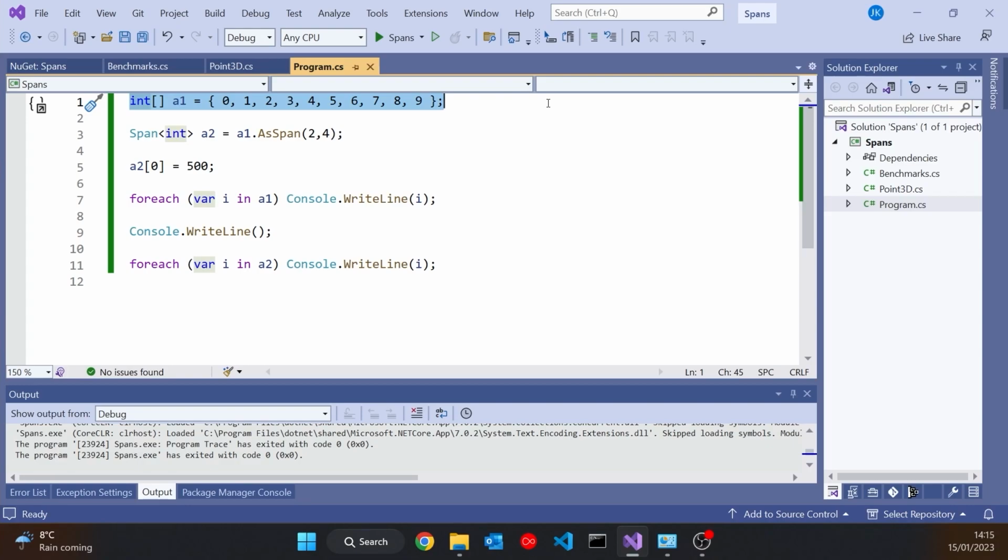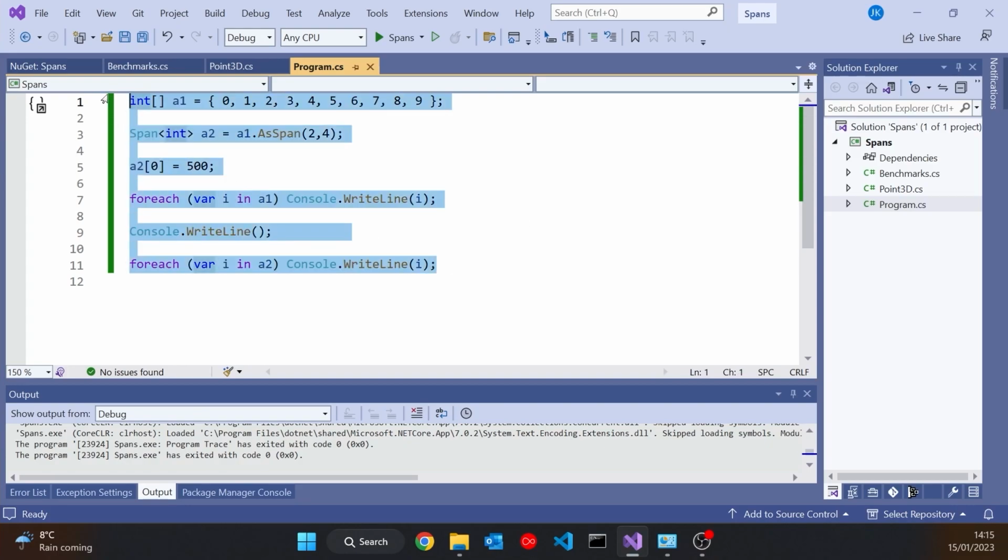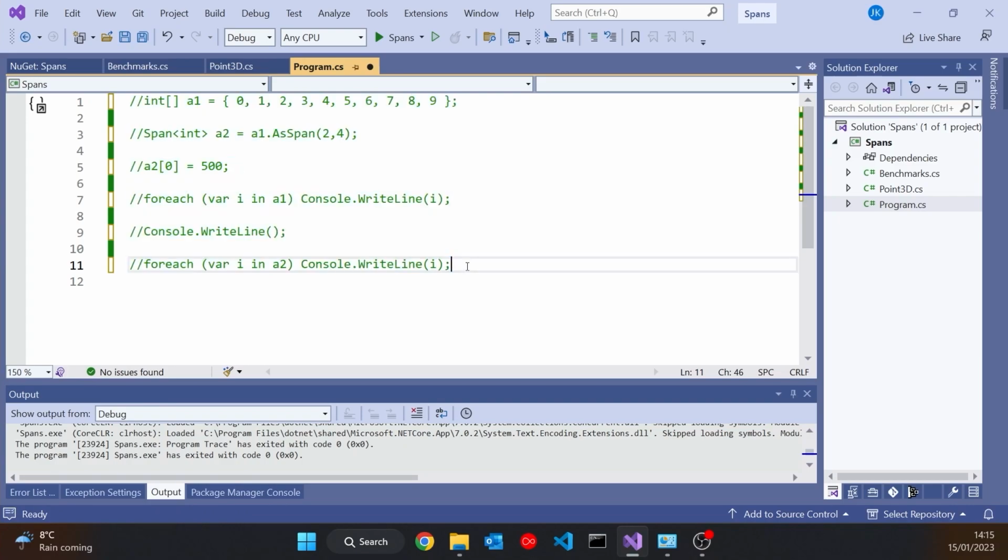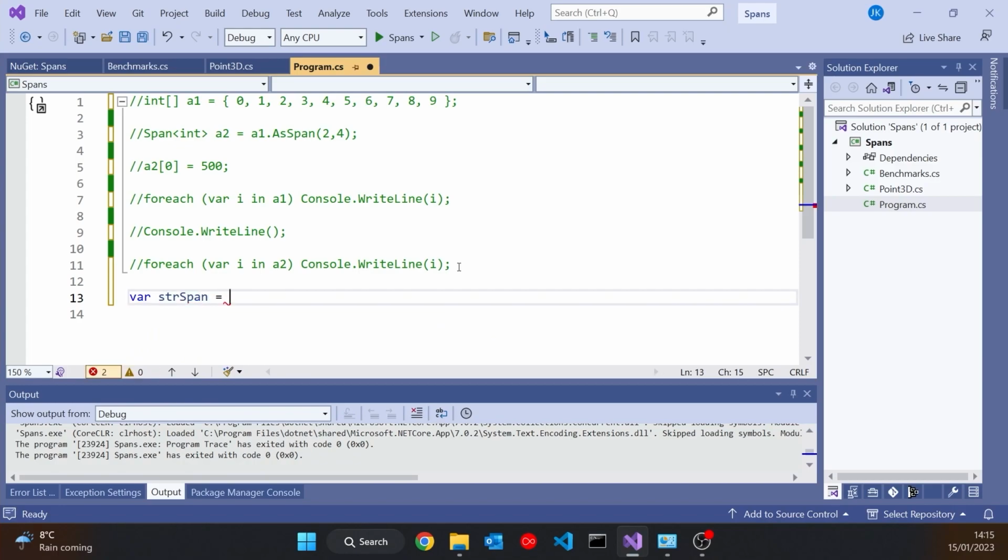Other things that we can have spans of, as I said, we can really have them for anything that is a contiguous collection of items. So an array of any data type you like, but also we can have spans for strings. So if I were to just comment that out, and then what we'll do is here, we'll say var strSpan equals, and then let's just say hello world, and then do AsSpan on there.